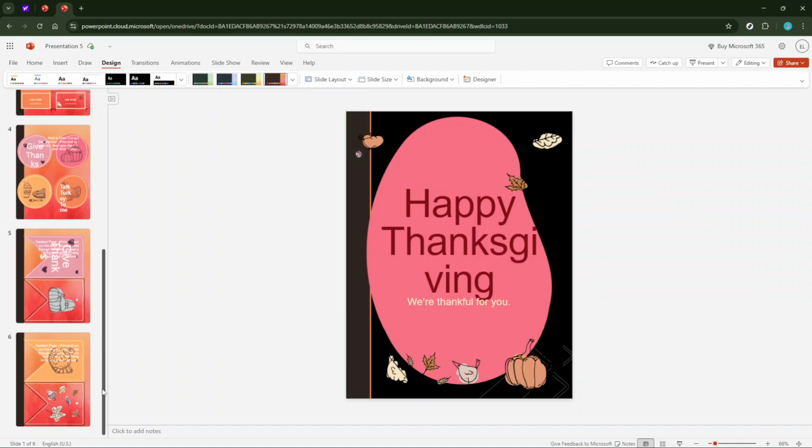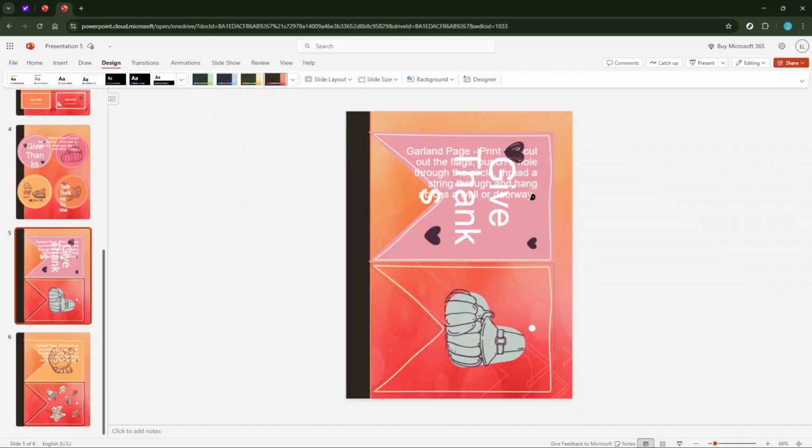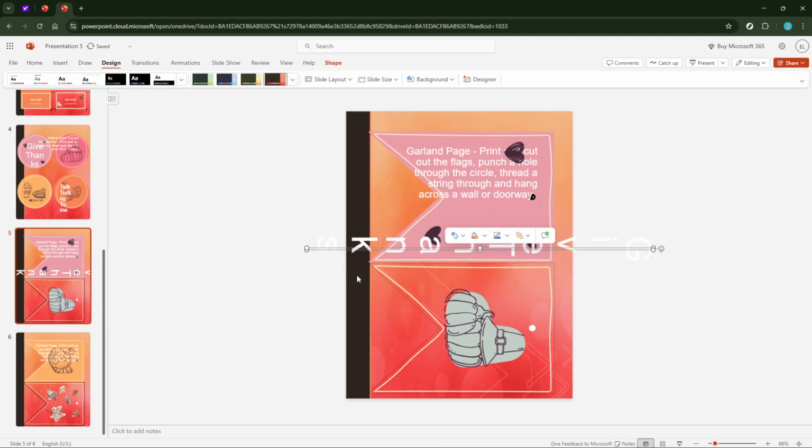Check each slide to confirm that the new theme meets your expectations and adjust any elements that might need some further tweaking. Remember that updating your presentation's color theme can give your slides a fresh, polished look, so take advantage of this feature to make your work stand out. That's all there is to it. You've successfully customized your PowerPoint theme colors in just a few simple steps.